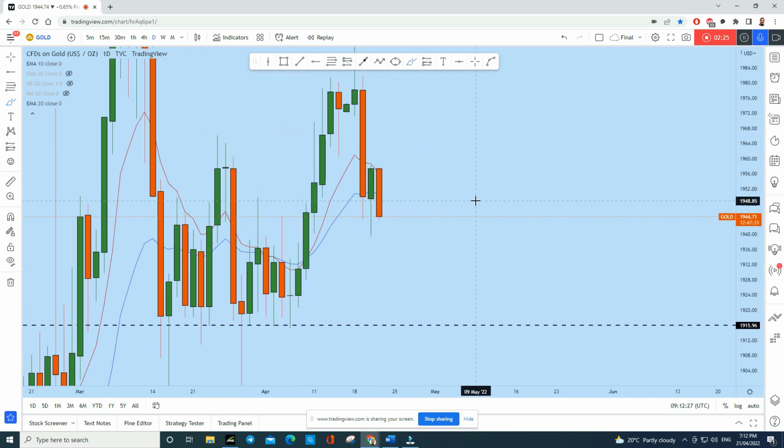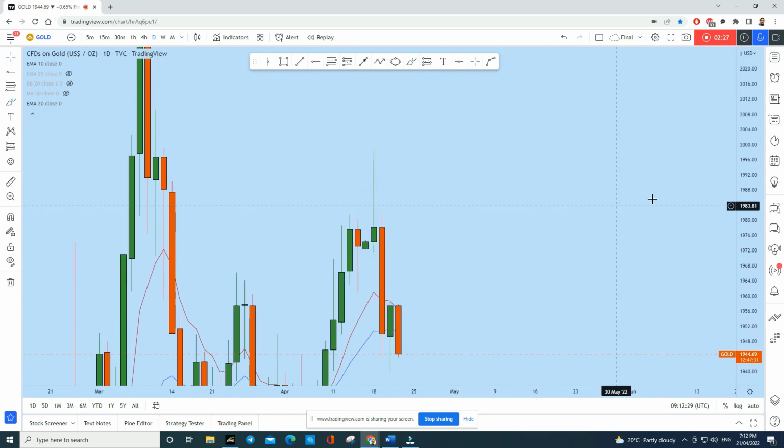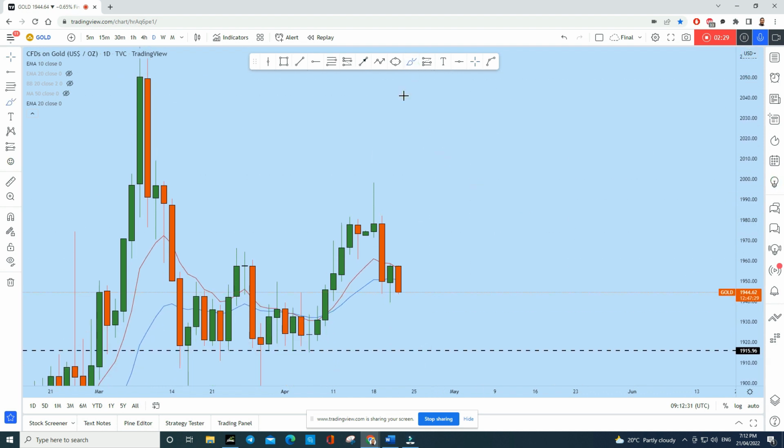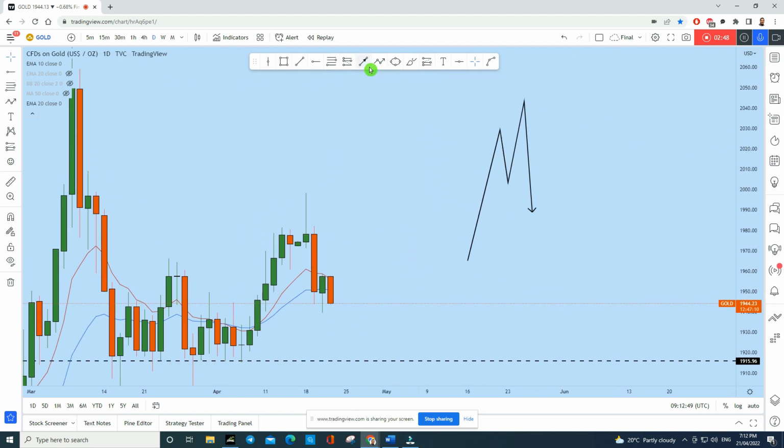Now on the daily, we saw that the price first created a reversal pattern here. If you see on the lower time frame, we can say that this is a kind of double top formation. What you see is correction, impulse, correction, and it created basically a double top. When you see this kind of double top, you can expect the price to go up again, test this previous support as resistance, and then continue to drop.